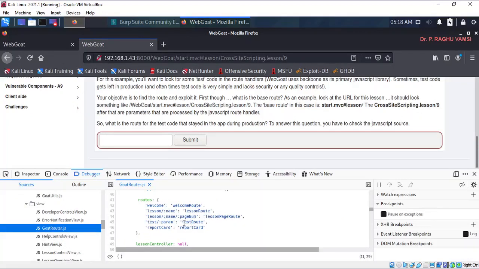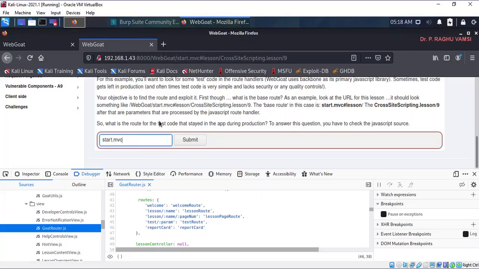You look here: this is the test route we have identified, and it is asking for the test code. So for the test route, the parameter will be like this: test slash. So the code will be like this, start.mvc, because it is starting with MVC.